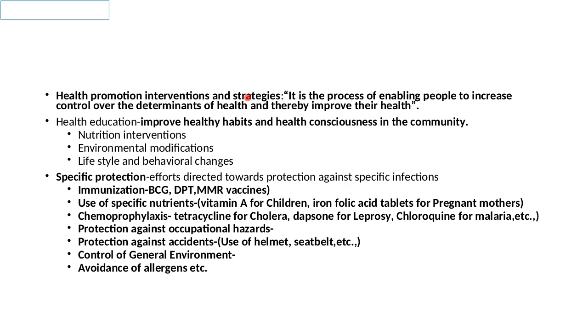As the name states, you're promoting health through interventions and strategies. It is the process of enabling people to increase control over the determinants of health and thereby improving their health. You're empowering people